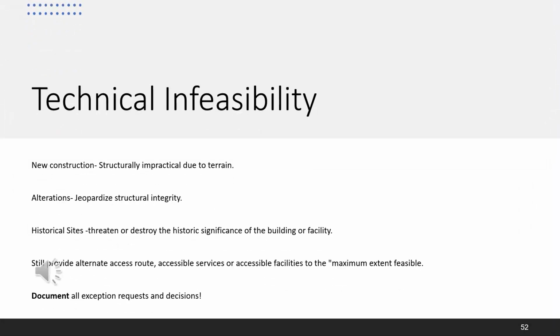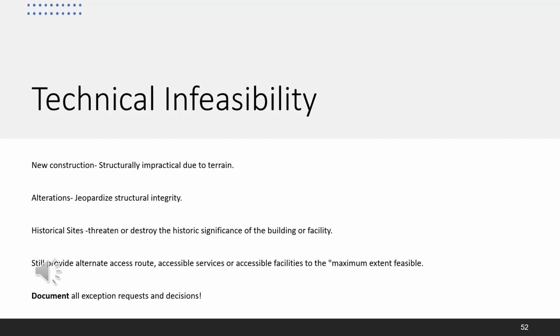Occasionally, the ADA regulations recognize that it is technically infeasible to make something 100% compliant with the ADA regs. And so for new construction, it might be because it's structurally impractical due to the terrain. For alterations, it may be a change that would jeopardize the structural integrity of the facility.